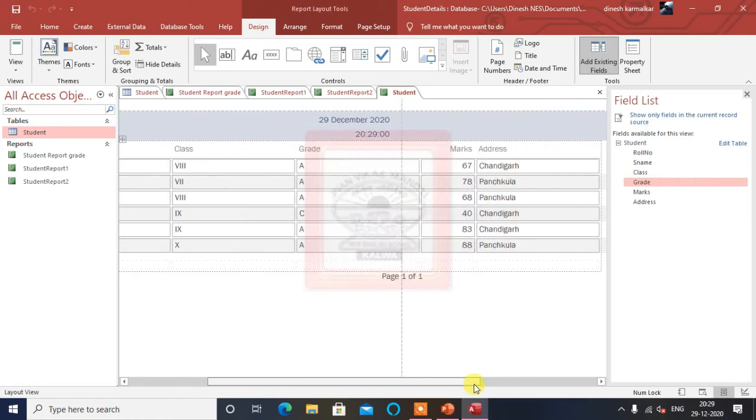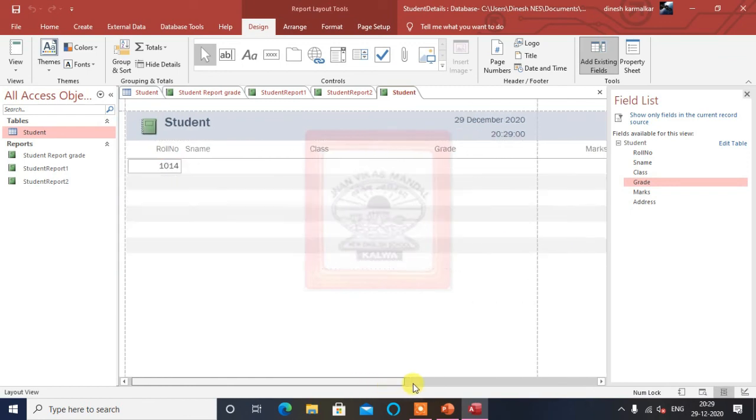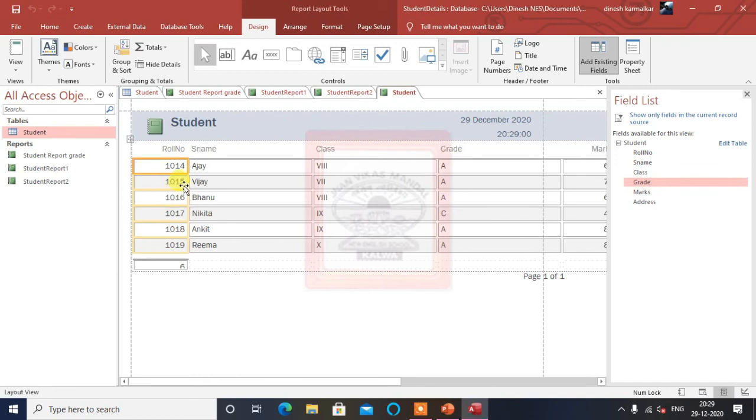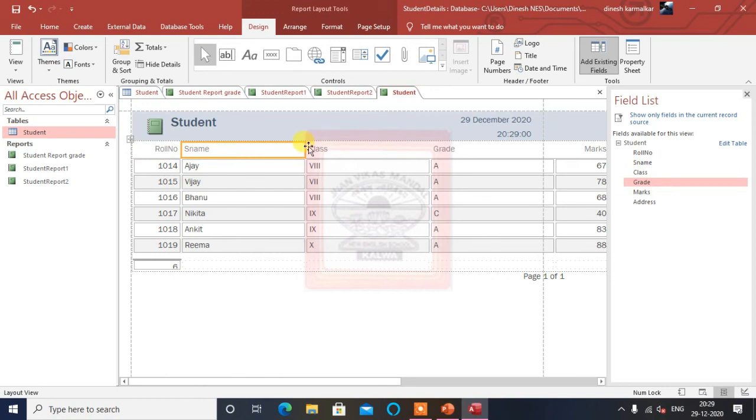It is in between the report wizard and the blank report. Here fields are coming like this. It is giving the same option of adjusting the fields. You can see all fields can be adjusted here. We don't want this much width, then we can make it small.